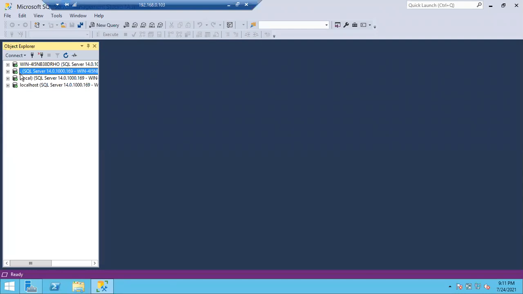Dot is a default instance name. Local is a default instance, another name. Localhost is a default instance, another name. In that way, we can connect to a default instance in multiple ways. These are the only 4 ways I know; I guess 6 or 7 ways are there. So if you see a computer name, or a dot, or a local, or a localhost, that means they are connected to a default instance.